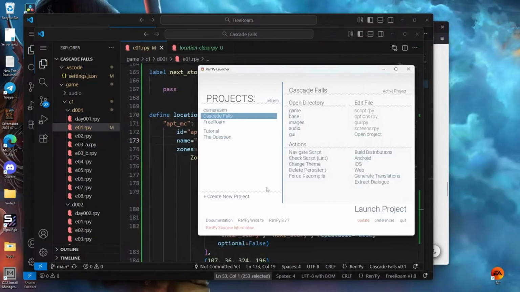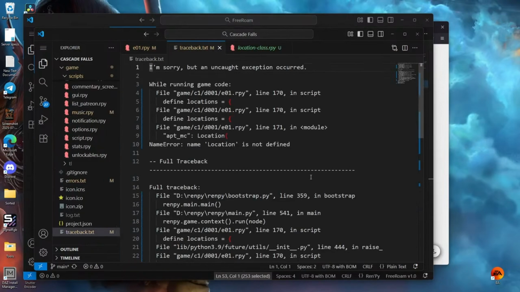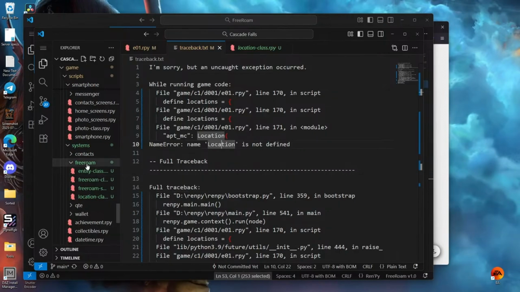Okay, what if we do this? Traceback. No, name location is not defined. I guess this is because my Freeroam